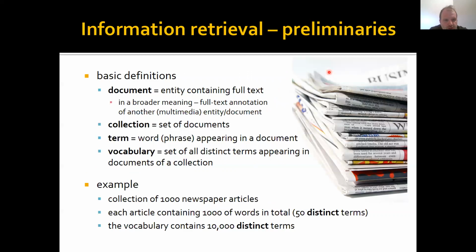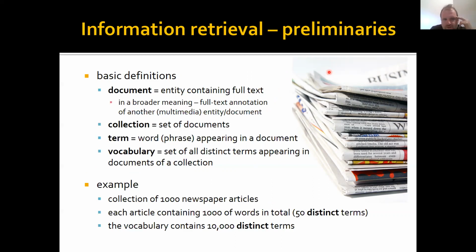So before we stick to the Boolean model, let's have some basic definitions. So we have just full text and a collection of these full texts. One of the entities will be called a document. So one document is one of the database objects that is of our concern, and it could be just a document as